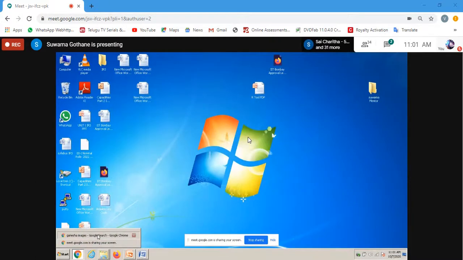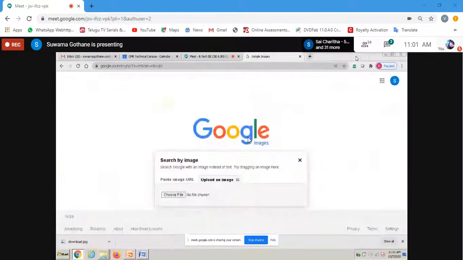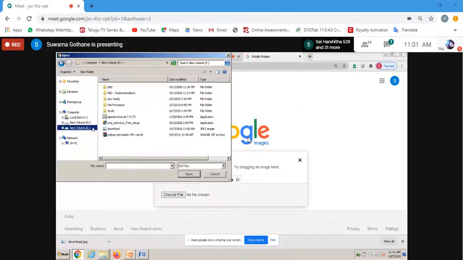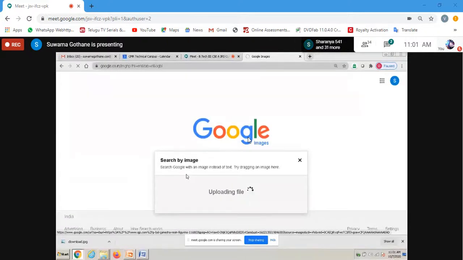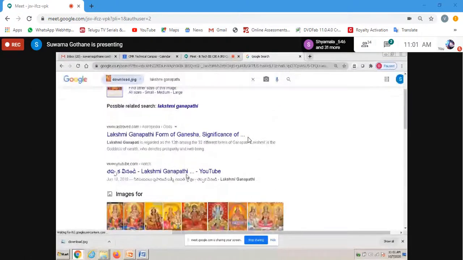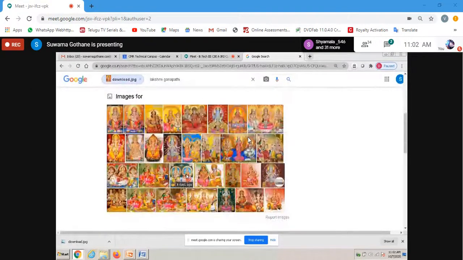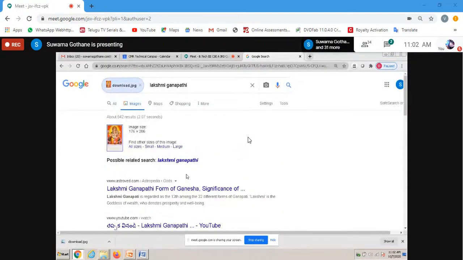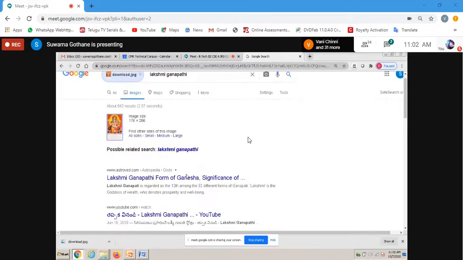Okay, so we are uploading an image. For that we choose the file which I just kept in eDrive, and I say open. Based on whatever image you have, it is going to try to produce relevant images or relevant documents. So based on the image, the search is performed. This is also one of the options that the Google search engine has provided. Either you can specify a particular URL, or for whatever image you have, the associated results are going to pop up based on the image input you have given.